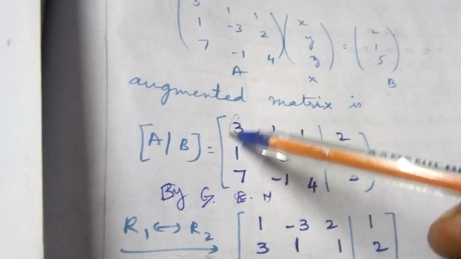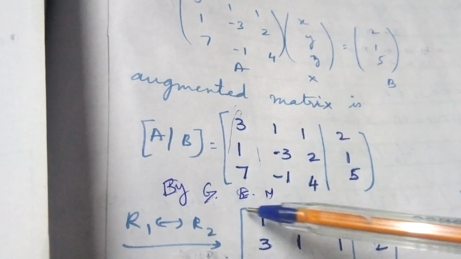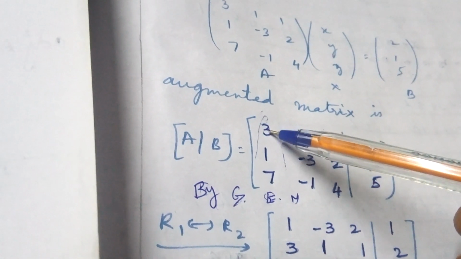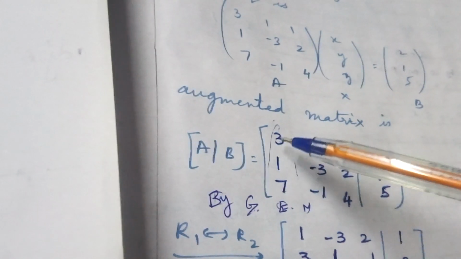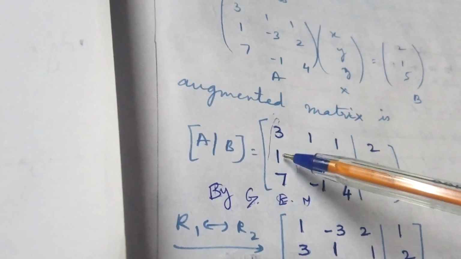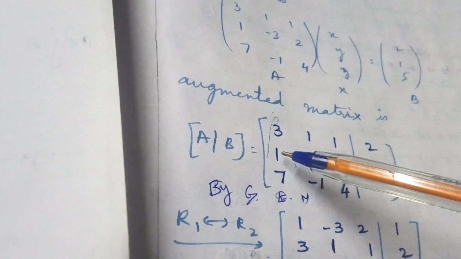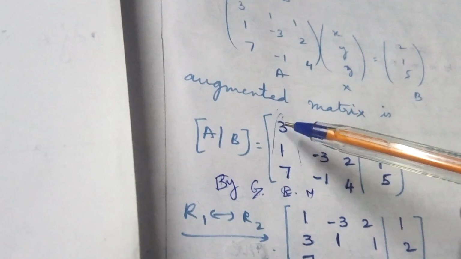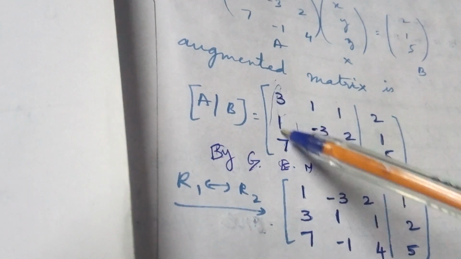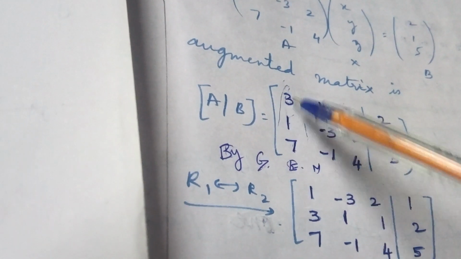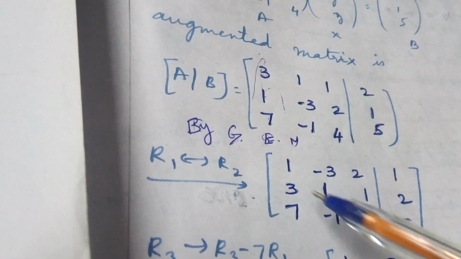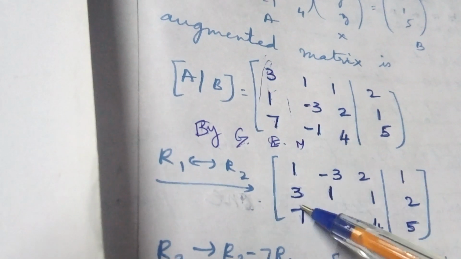In this Gauss elimination method, what is the first step? Comparing the first column. In this first column, we take the first element's smallest number. You can use the same number also, no problem. But if it is a small number, it is easy to convert the other two elements to 0. That's why I'm going to change to the smallest number here. Now, which is the smallest number? 1. So, shall I change these two rows? R1 transforms to R2. After changing, these two elements are converted to 0.